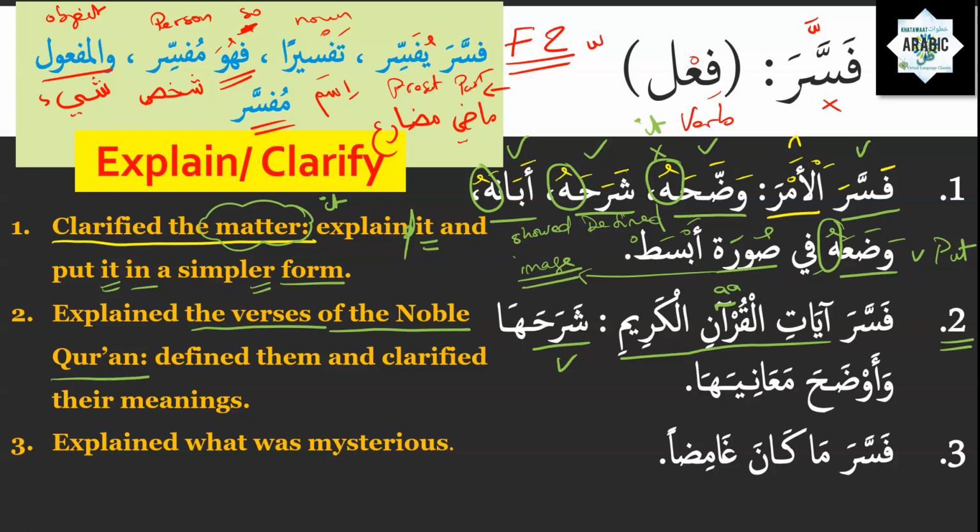Here is masculine, but the reference to it here is feminine, because ayat, verses, is a feminine plural. So we refer to it in the feminine form, which is ha in Arabic. Fassara ayat al-Quran al-Karim, sharahaha, going to ayat, and awdaha, he clarified, this is a verb,